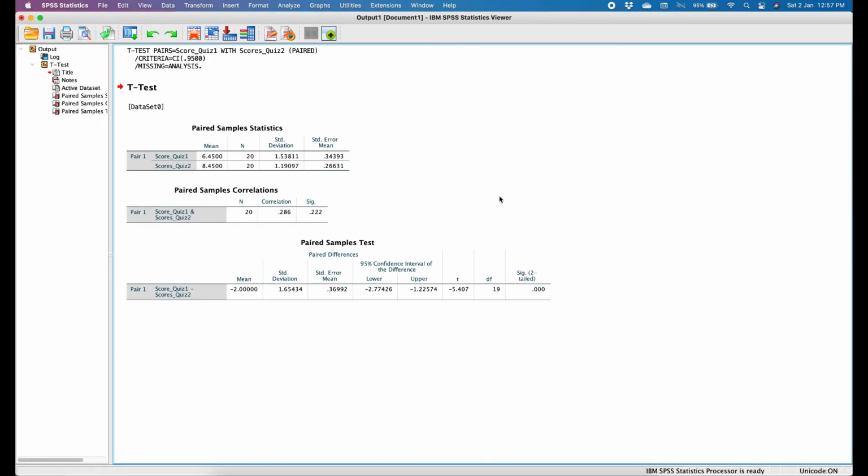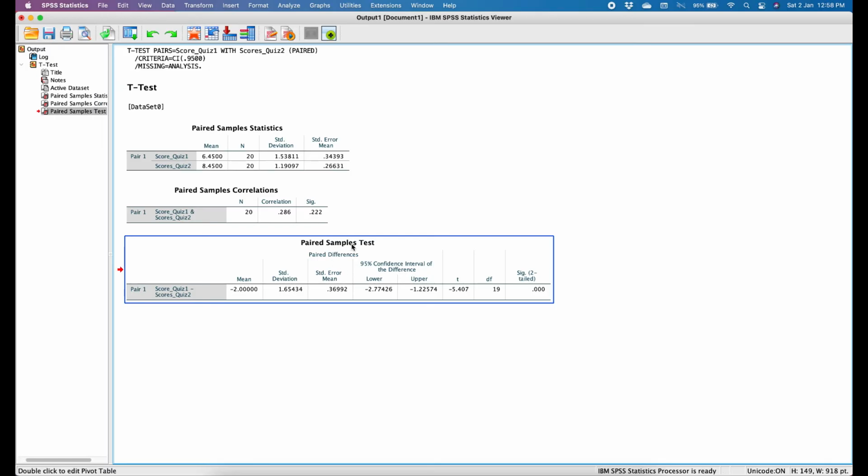You would be finding 3 output tables in front of you. I am interested first of all in this particular table of paired sample test.